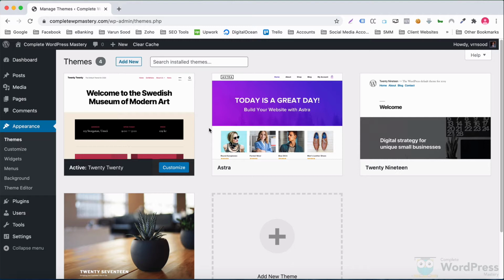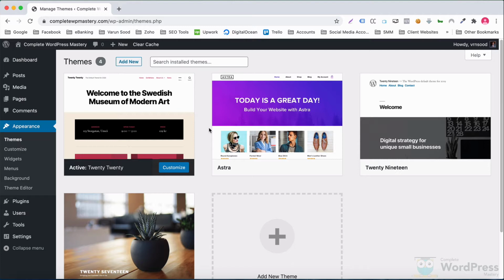So, when Astra's authors release a new update for Astra, and when you install that update, all of your customizations would be lost. Having a child theme allows the parent theme to be updated without destroying your modifications. I strongly recommend creating a child theme, and there's no reason not to have one.